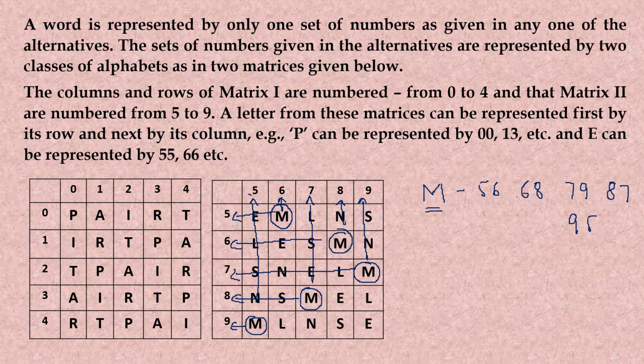Now we have to choose from the options given which of the numbers given is correct. Like here we have an example, if you're talking about P, it can be represented by the number 0, 0. That means the row number is also 0 and the column number is also 0. When we say 1, 3, that means the row number is 1 and the column number is 3, and you can look for 3 more numbers in the same way. Similarly, E can be represented by the numbers 55, 66 and so on. So all the letters that you find in this matrix can be represented by a set of 5 different numbers. Now let us have a look at what type of questions can be asked based on this.